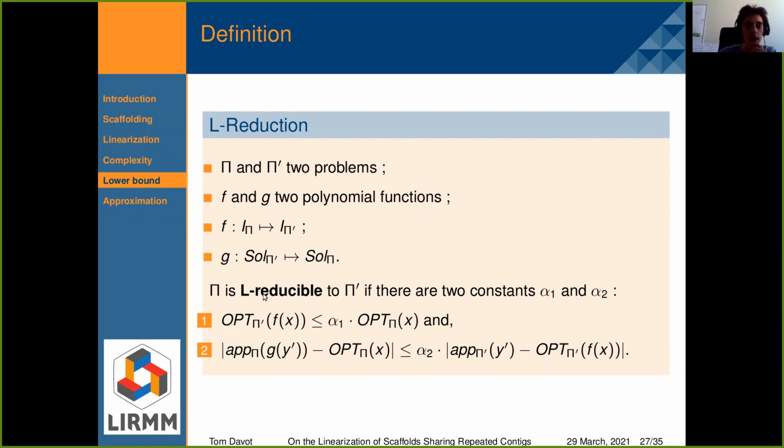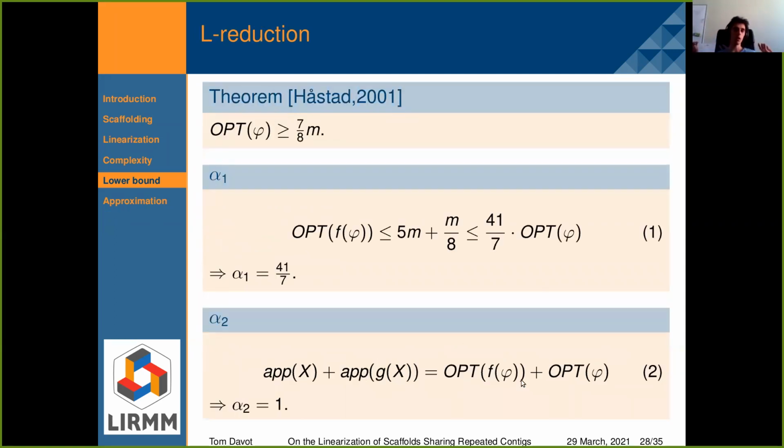And in the L reduction, we want to find 2 constants alpha 1 and alpha 2, such that alpha 1 is a coefficient between the 2 optimal solutions of P prime and P, and alpha 2 is a coefficient between the difference of the approximate solution and the optimal solution between these 2 problems. So we can construct the L reduction like this.